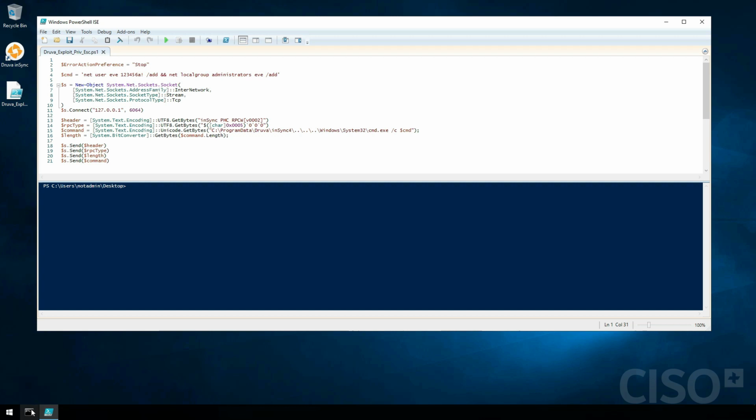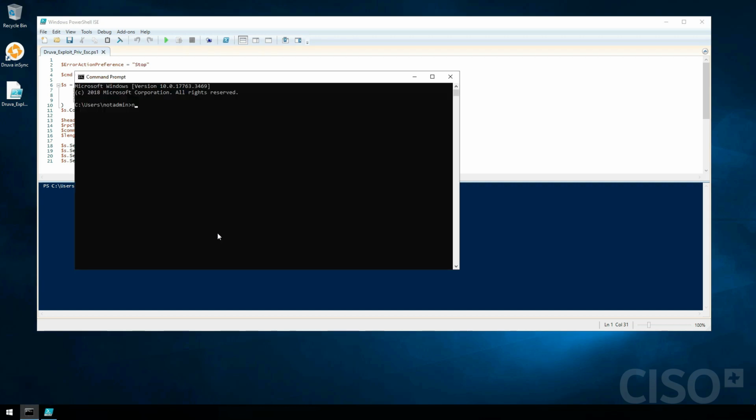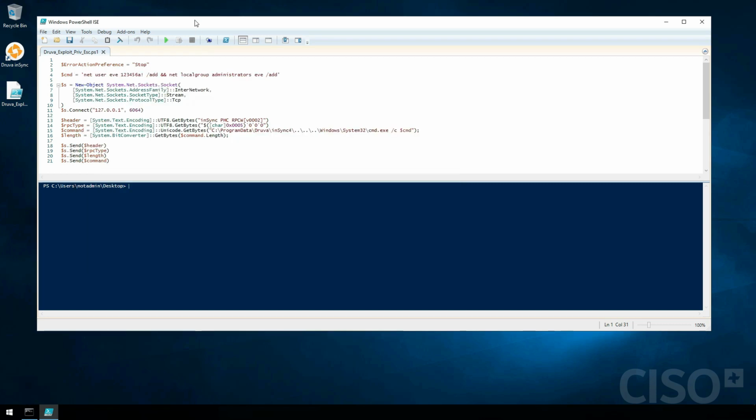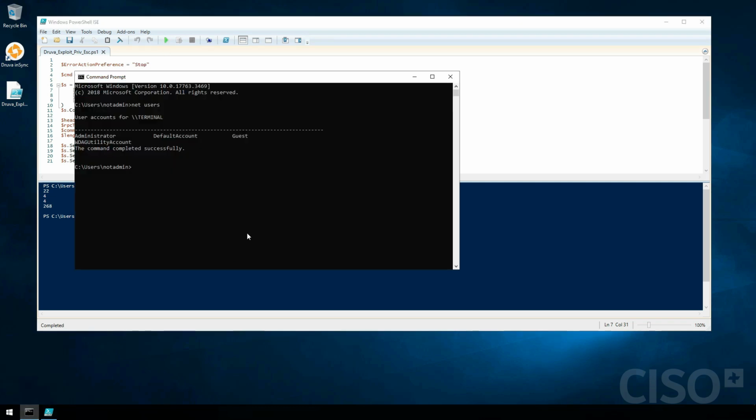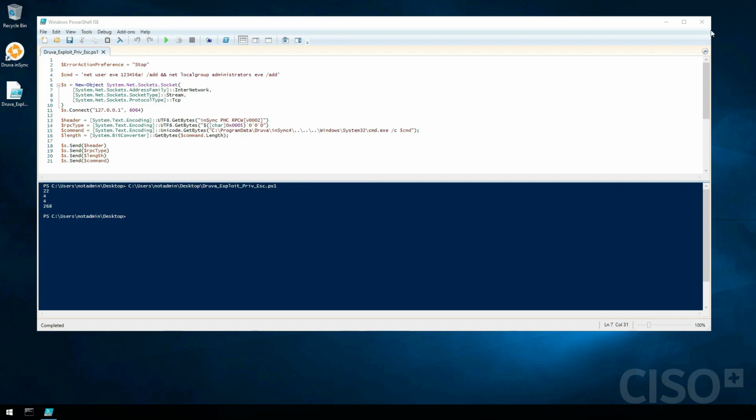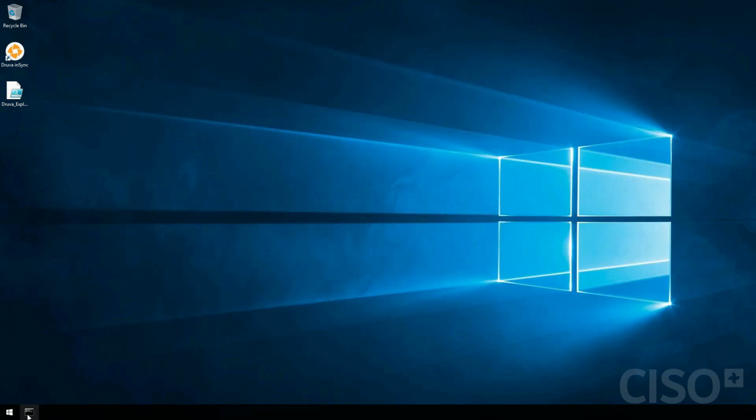So first of all, let's make sure that I don't have that user right now. Okay. And let's run the exploit. That's it. Let's make sure that it works properly. Here we go. So now I have local admin on this endpoint,